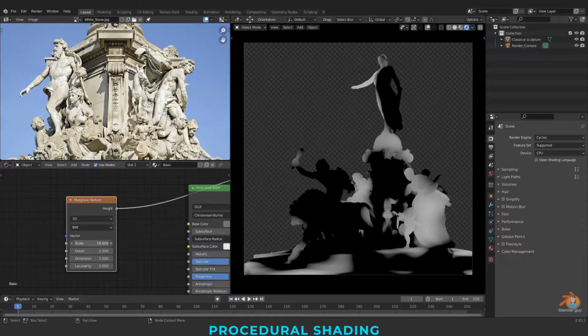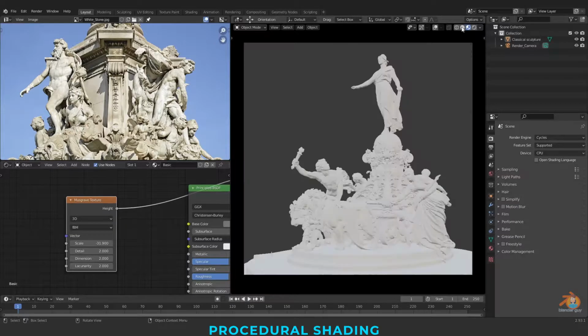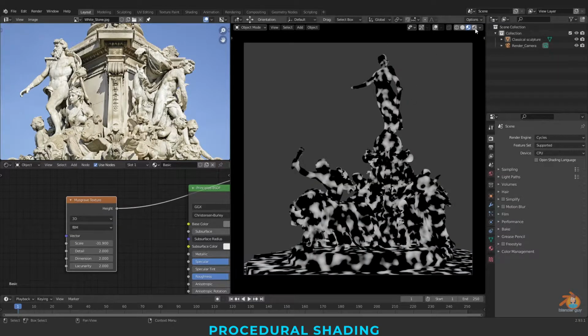So I want the scale to be less. You can also view it in this instead of render. This might crash your system if you are doing this in your viewport shading. It's better to do it in the viewport material view.